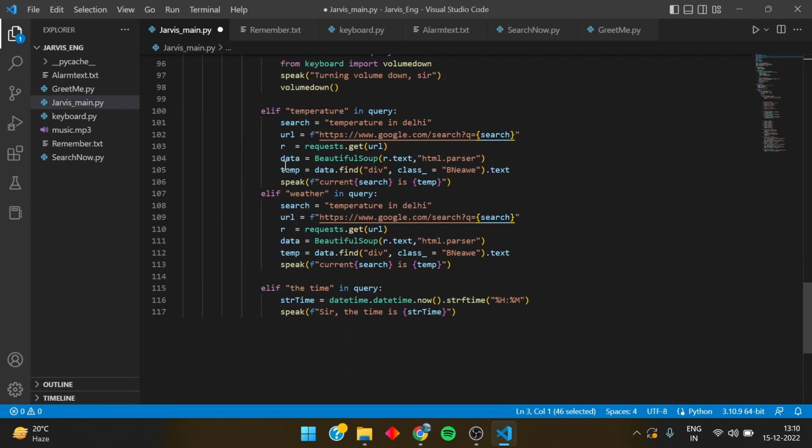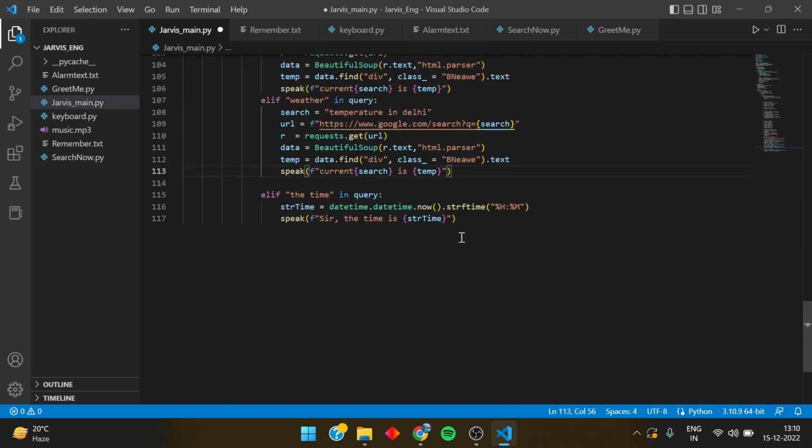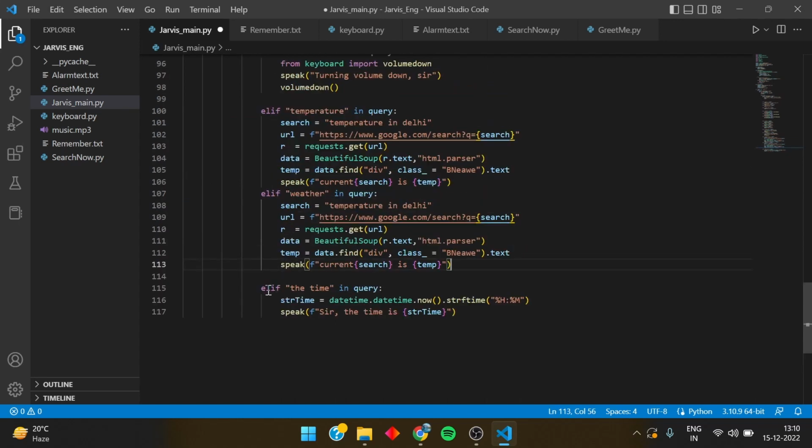And then I have scraped the temperature data that we want out of Google, and then just given it to Jarvis, and it will speak it when we want. And same thing if we want the weather, it will do the same thing. And then for the time, I have imported an inbuilt module in Python,